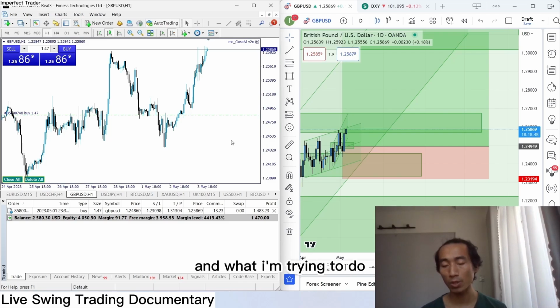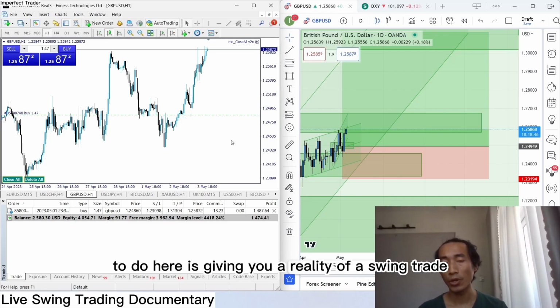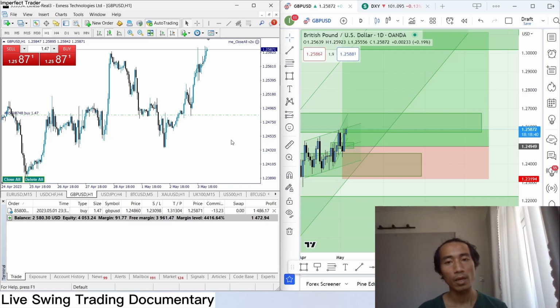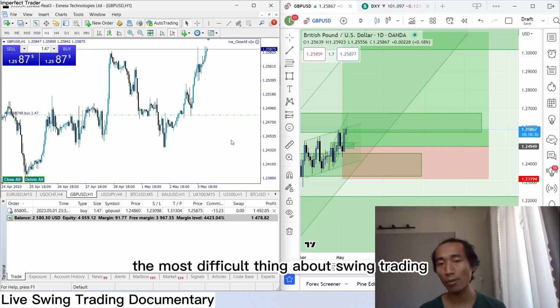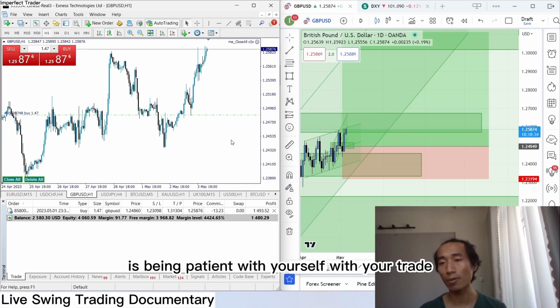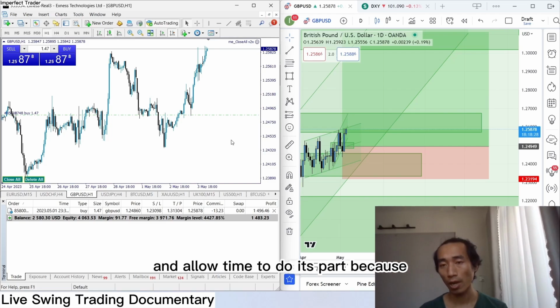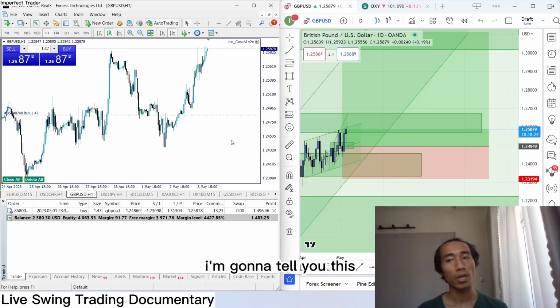And what I'm trying to do here is give you the reality of a swing trade and what it looked like. And to be honest, the most difficult thing about swing trading is being patient with yourself, with your trade, and allowing time to do its part. Because I'm gonna tell you this: